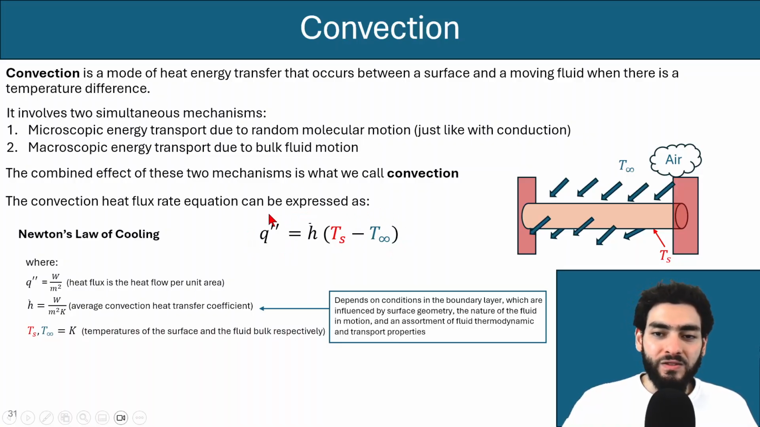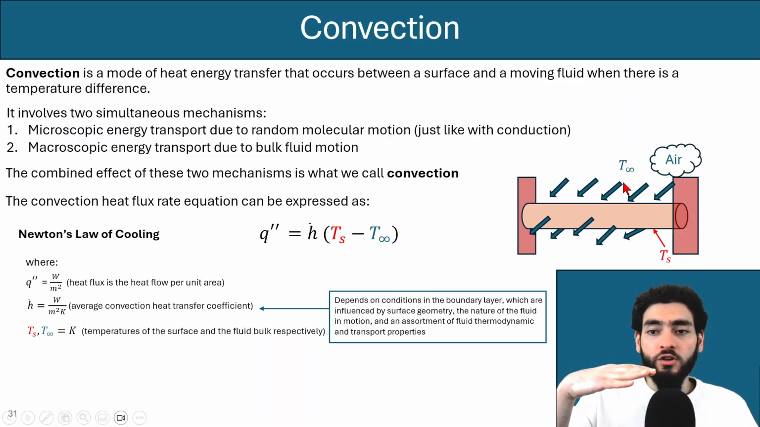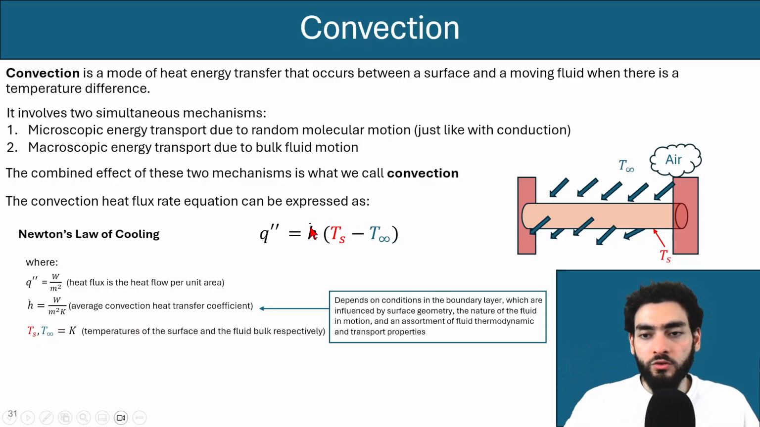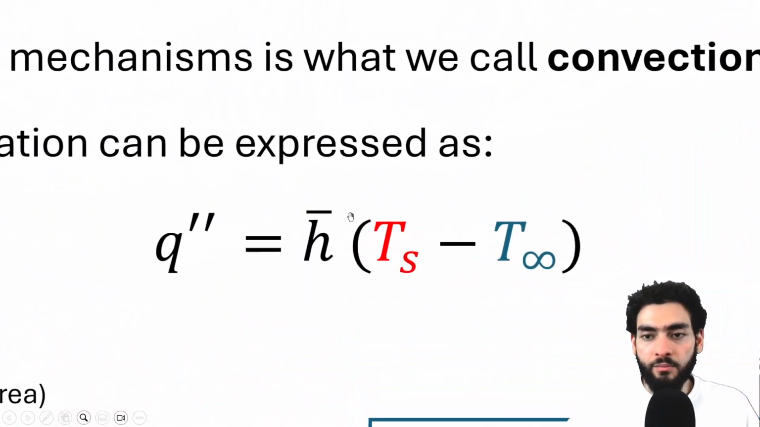It is saying that the heat flux is equal to a proportionality coefficient, which we're going to call the convection heat transfer coefficient, multiplied by the difference in temperature from the solid surface with the air or the fluid that's traveling over the solid surface. Now, this might be too small for you to see, but there is a bar over here,